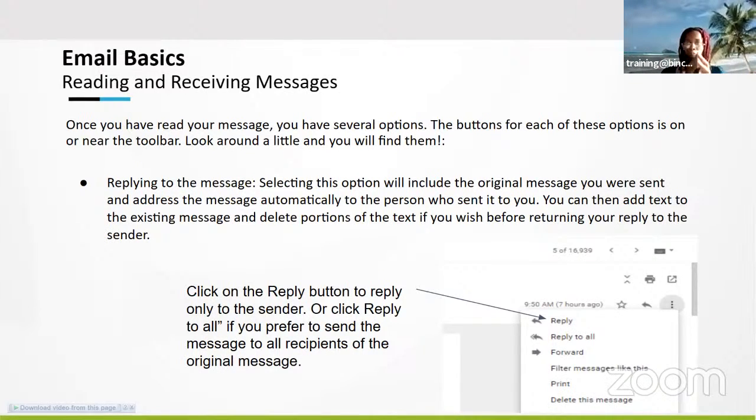Once I send that email, Collins can decide to reply only to me by clicking on reply, or he can reply to everybody that was copied in that email. All he has to do is click reply all.